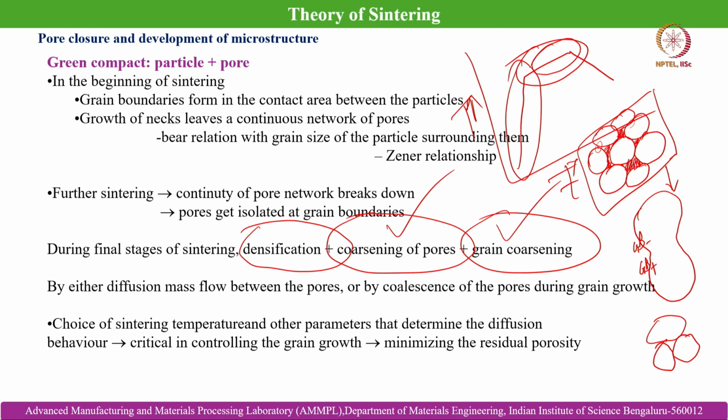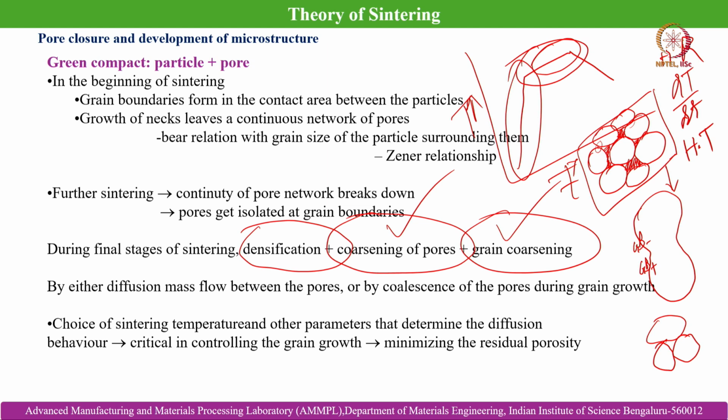So, it happens either by diffusion mass flow between the pores or by coalescence of the pores during grain growth. So, choice of sintering temperature and other parameters that determine the diffusion behavior is critical in controlling the grain growth and minimizing the residual porosity. There are a number of variables in case of sintering. For example, the heating rate, that is a very important parameter, and then there is the isothermal holding time, that is HT. And also the initial powder particle size,